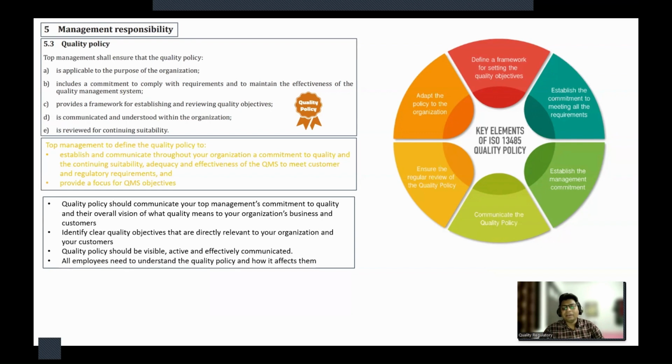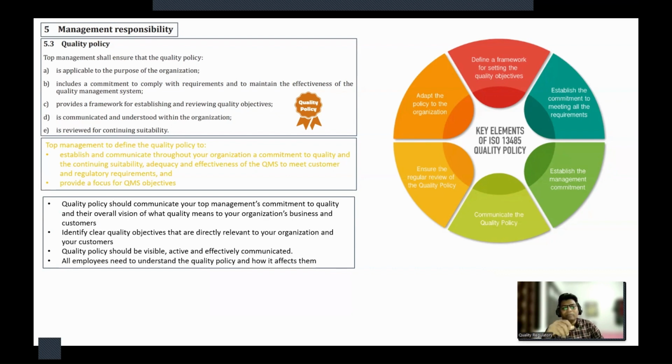Like we are displaying it, we are giving trainings, maybe while conducting management reviews, we are emphasizing that everybody should know the quality policy. And we periodically review whether the quality policy is still effective and meeting the quality and regulatory requirements. That's how they have to do it. The quality policy will drive the quality objectives or plan, and as I said, it should be reviewed continuously.